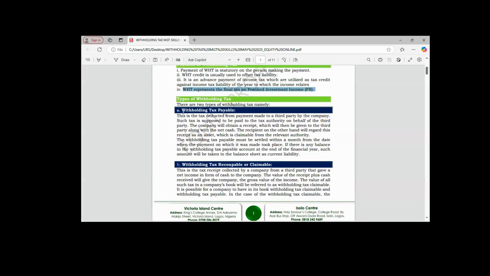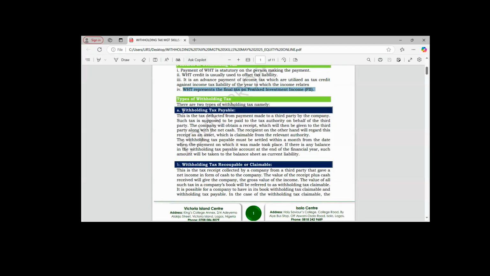The withholding tax payable is the withholding tax deducted from payment made to a third party, which will be remitted to the relevant tax authority for the purpose of relief